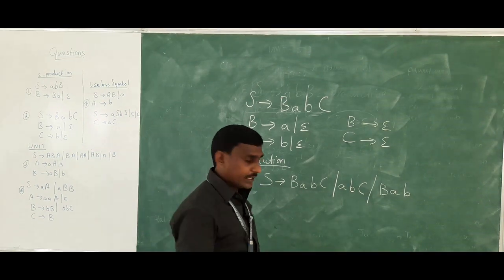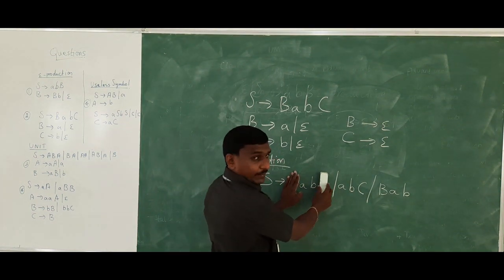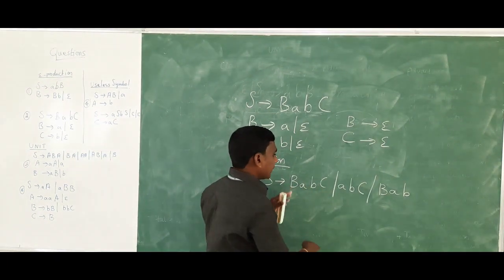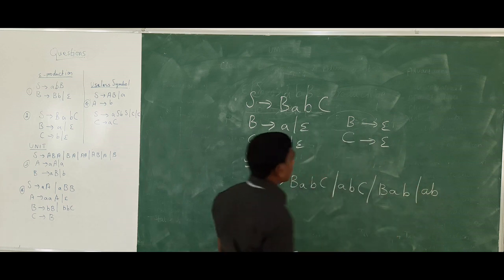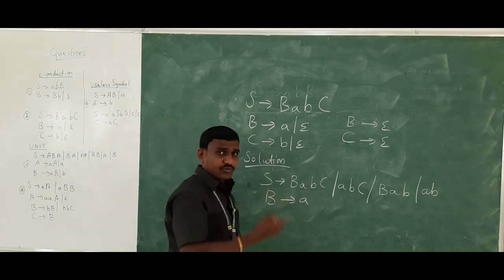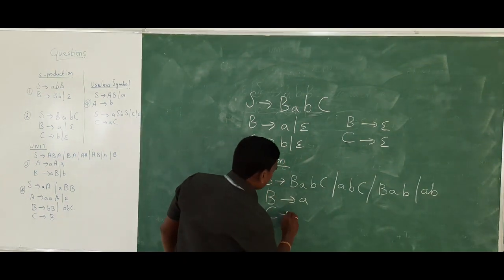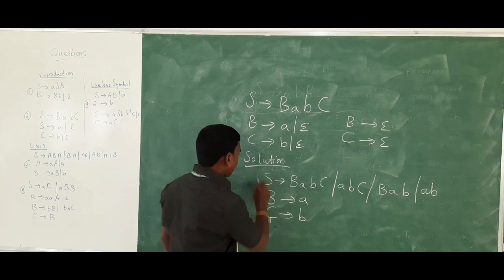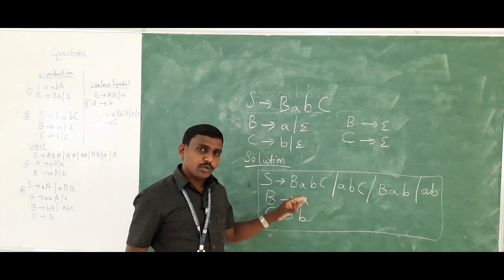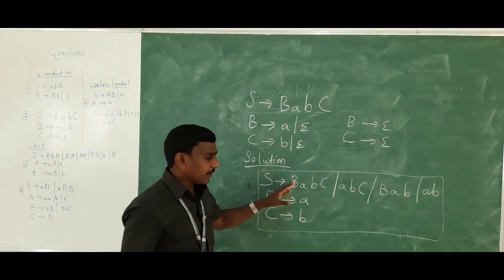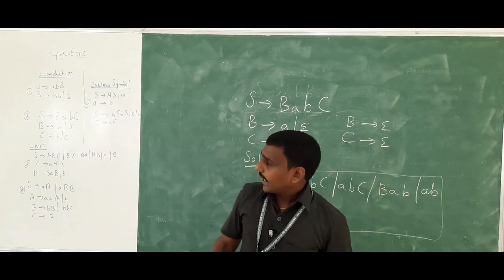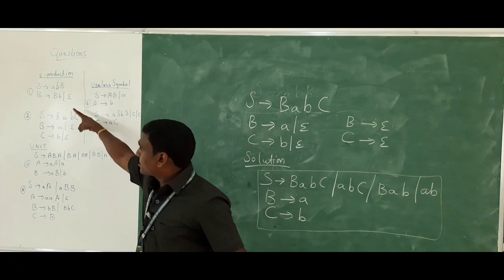Clear? And another thing, in both places you have to substitute epsilon, you will get AB. C as well as B you have to substitute epsilon, you will get AB. That also you have to write. Clear? Okay. Then next grammar, B tends to A, no need to write epsilon because we are applying that epsilon. Then C tends to B. Okay. So this is the way of eliminating epsilon production. After that your grammar should not have any epsilon production. Clear?